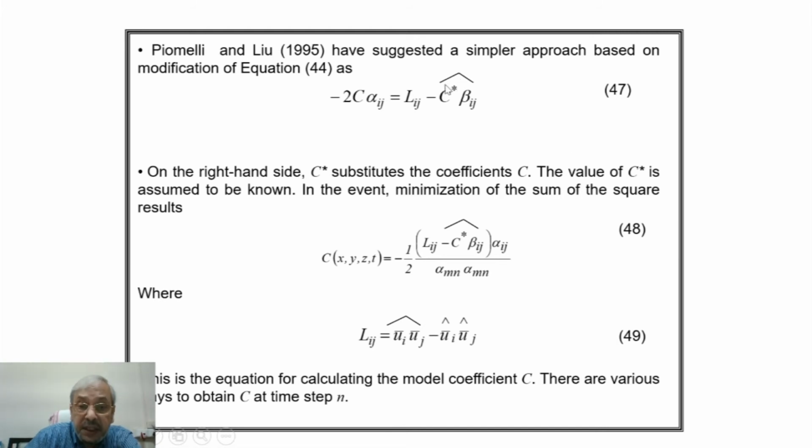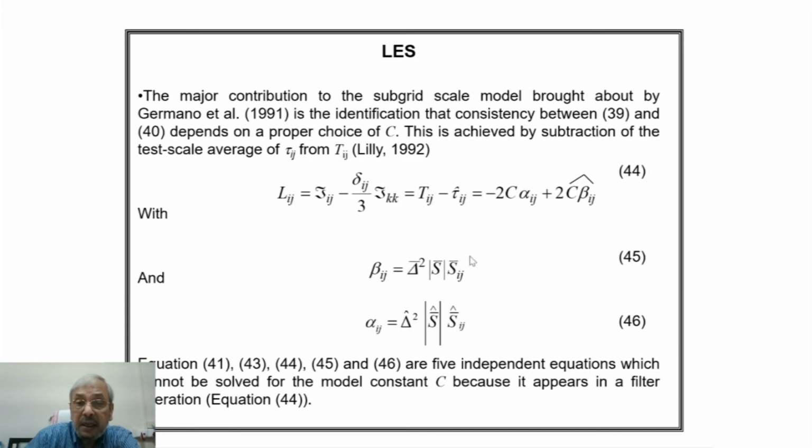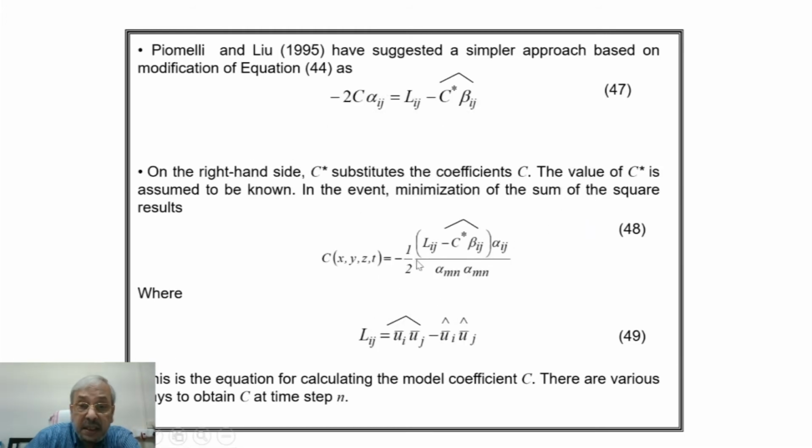So if C is known, then we can break this tie, we can write expression for this C with Lij and beta ij as minus half Lij minus C star beta ij circumflex divided by alpha mn